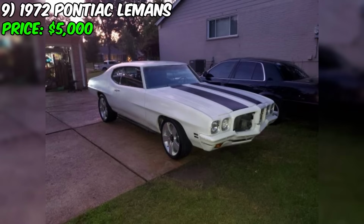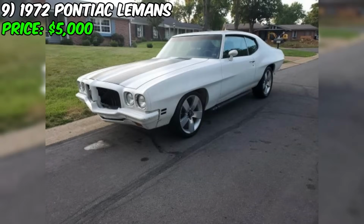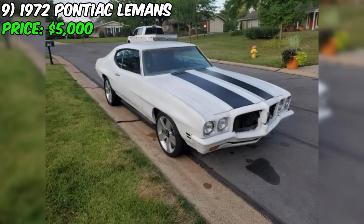However, it's important to approach this deal with a bit of caution. The seller hasn't provided many details about the condition of the car's body, interior, or other mechanical components. It's crucial to thoroughly inspect the vehicle and assess the extent of any necessary repairs or replacements before making a purchase. The seller's insistence on only accepting calls and not showing contact info in the ad might also raise some questions. It's always a good idea to meet in person, view the car, and ask plenty of questions before handing